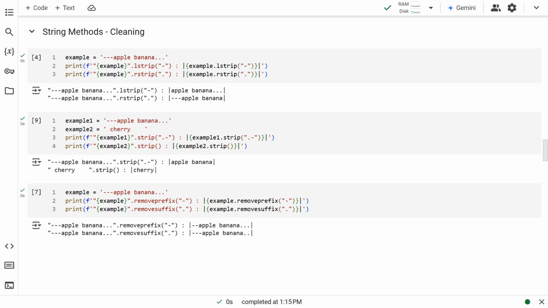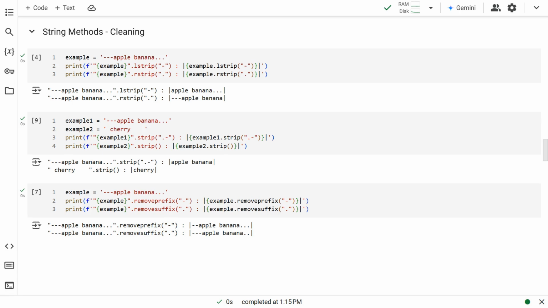The strip method is a combination of lstrip and rstrip. It removes the specified characters from both ends of the string. Again, the characters are removed, regardless of the number of occurrences. In this case, the hyphens and periods are removed by the strip method. For all the 3 methods, strip, lstrip, and rstrip, the default argument is a space. If no argument is given to the strip methods, the spaces at the applicable ends of the string are removed.